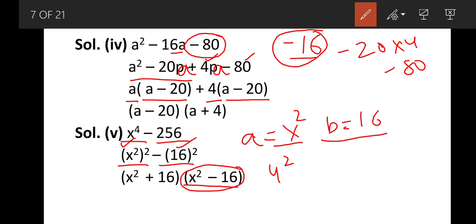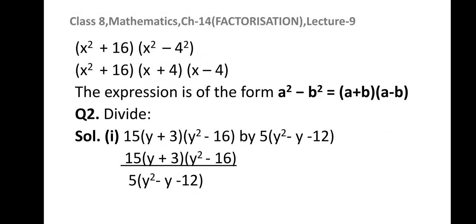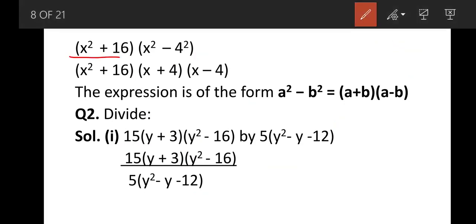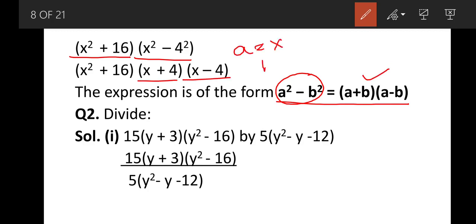So likewise we will be doing now. So it is x square plus 16, which I have written as it is. x square minus 16 I can write like this, x square minus 4 square. Now this is of the expression a square minus b square, and this side of the identity is with us. We need to now write down this side, that is a plus b, a minus b. a here is x, b here is 4. So your answer is x square plus 16, x plus 4, x minus 4. These are the factors of the given question.